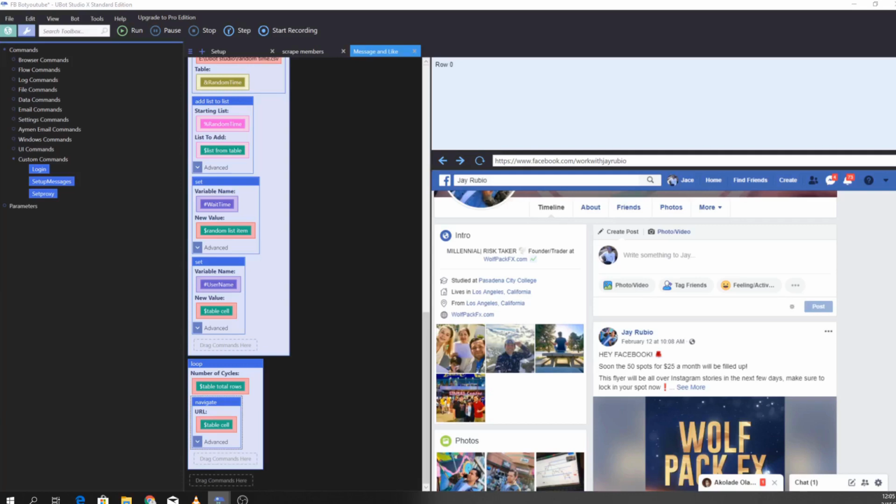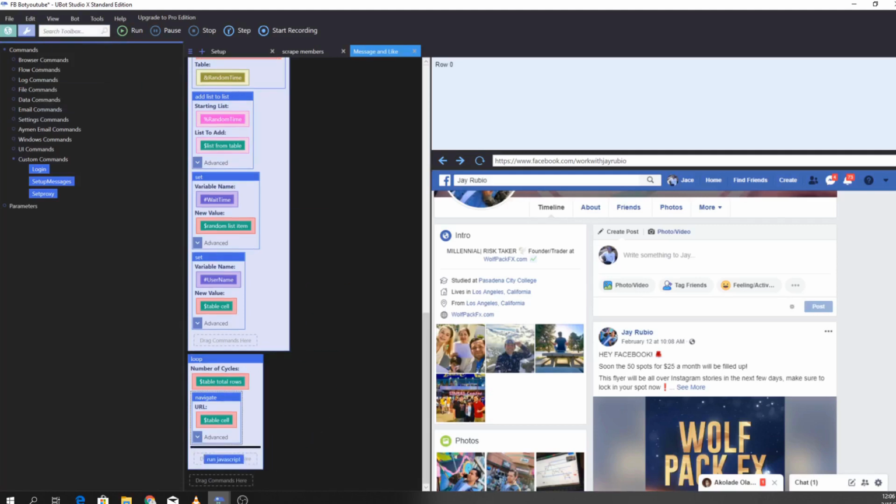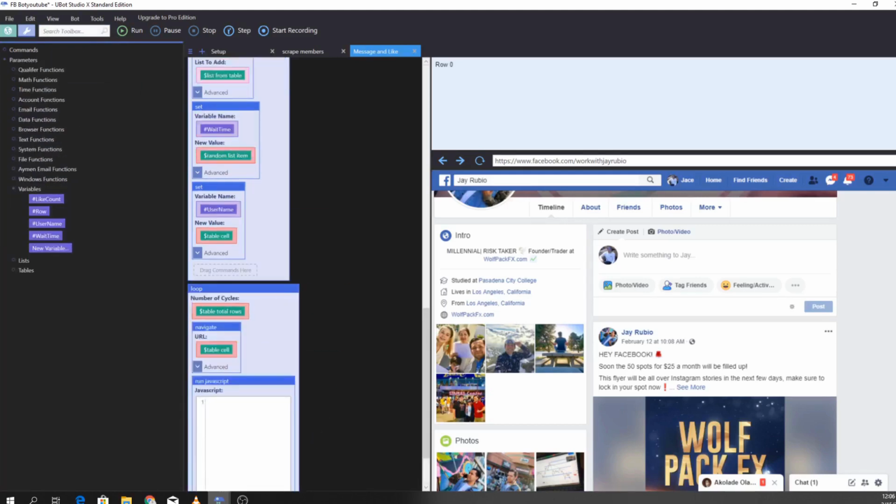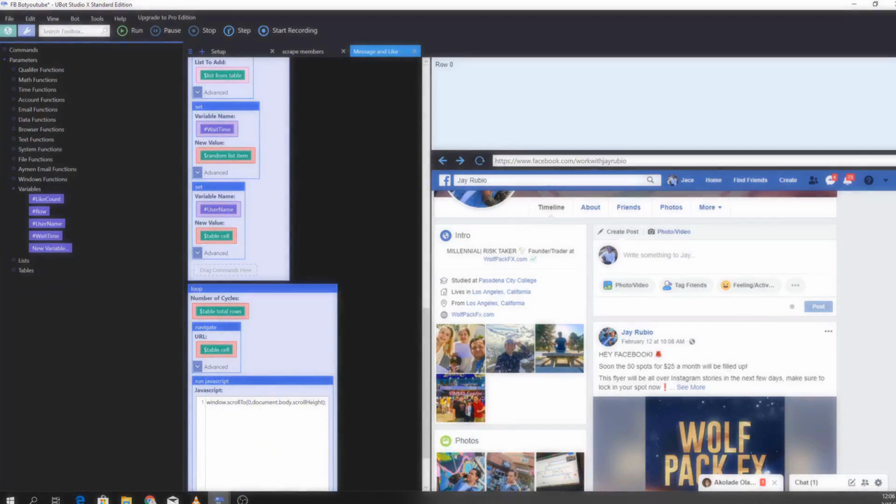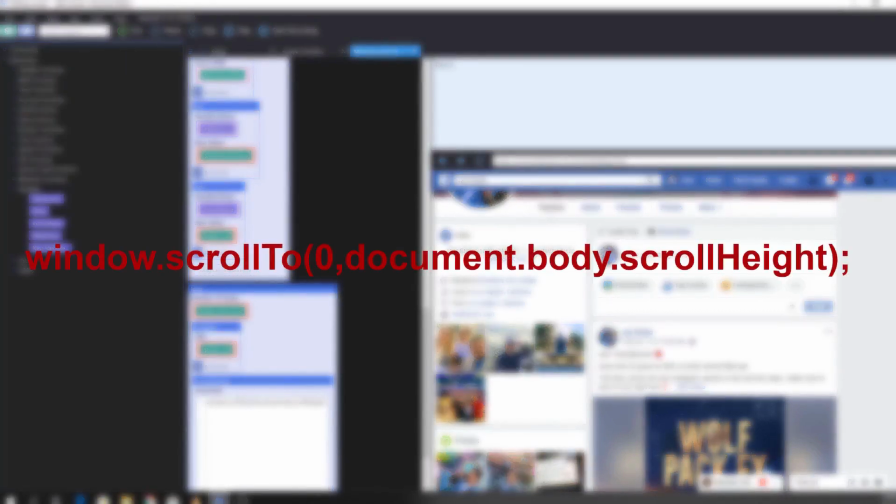Once again, we're going to do a run JavaScript command, and inside of this we can paste the actual code that we had. But once again, it's going to be window.scrollTo(0, document.body.scrollHeight);